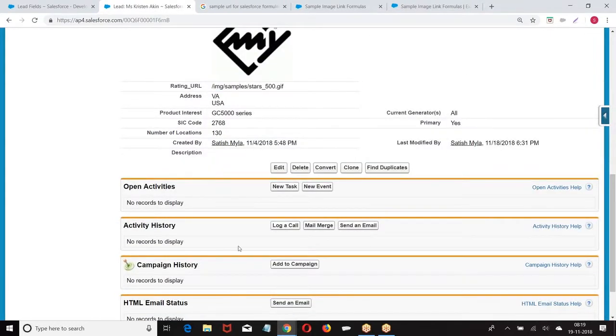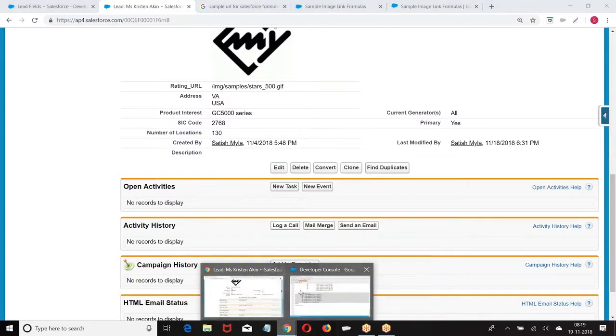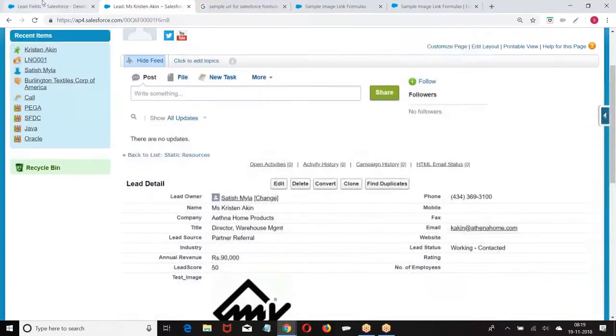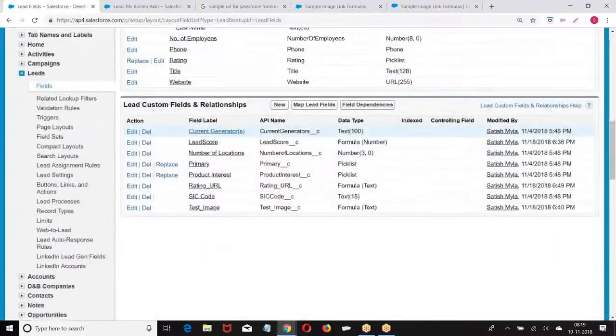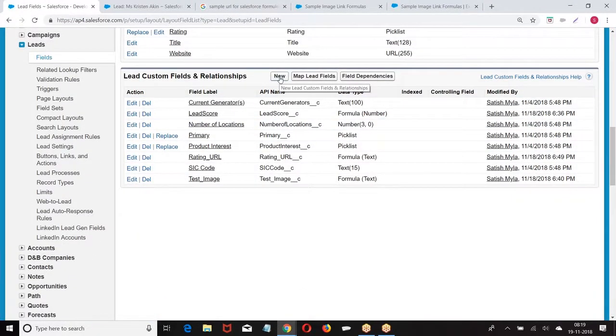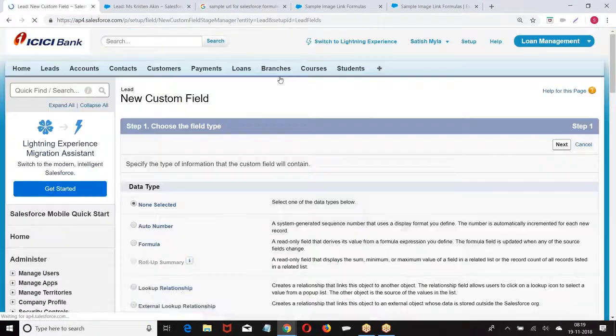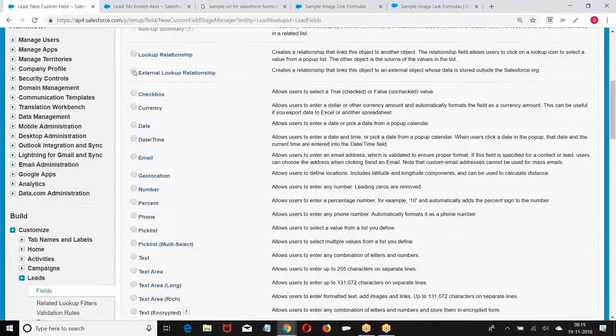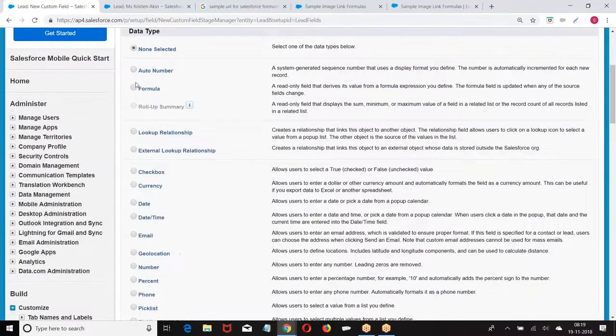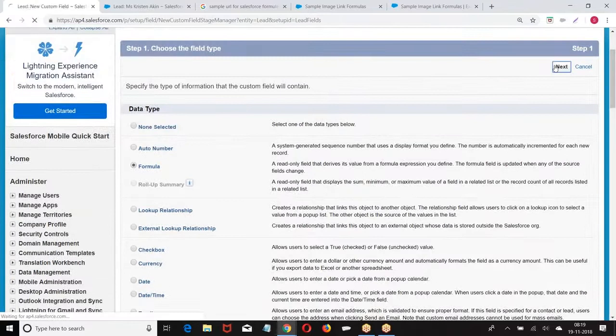Now if I print this URL, go back. I want to print it. Now go back again. New. Formula. Next.